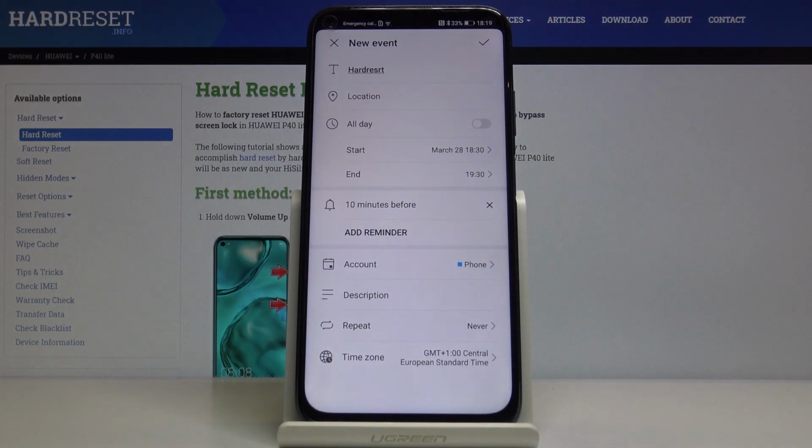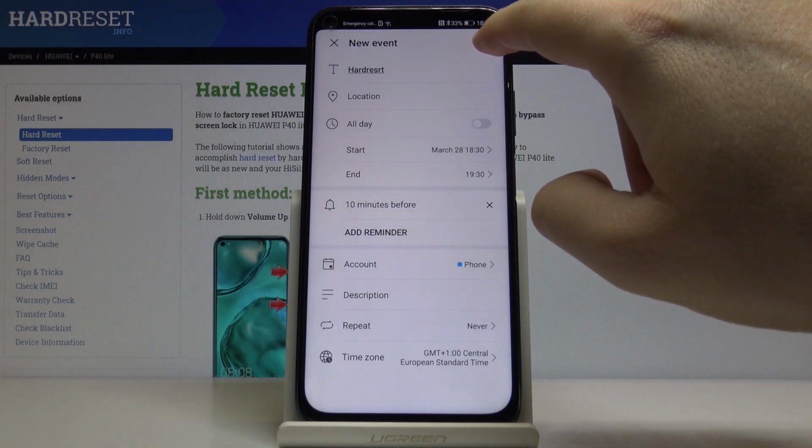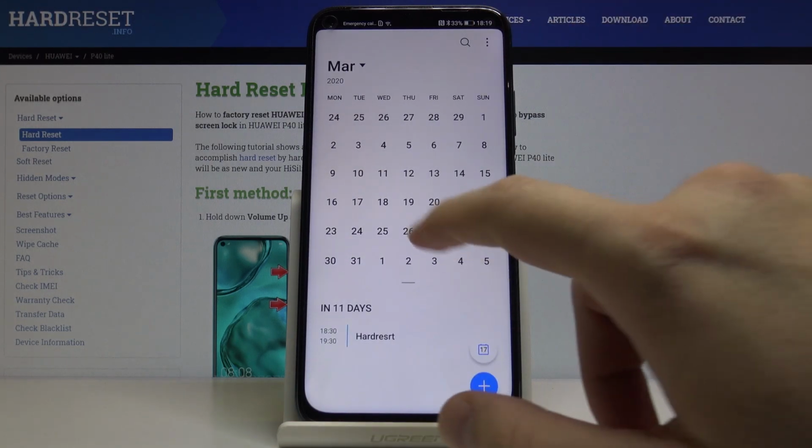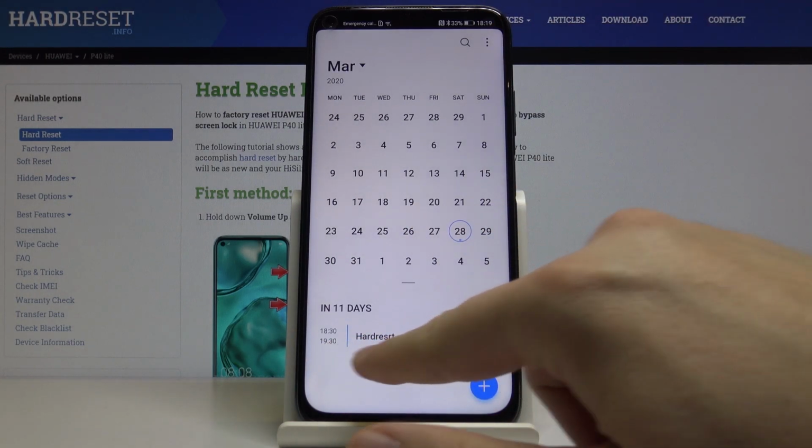If you set up everything, just click on the right upper corner to save it, and here we are in the event